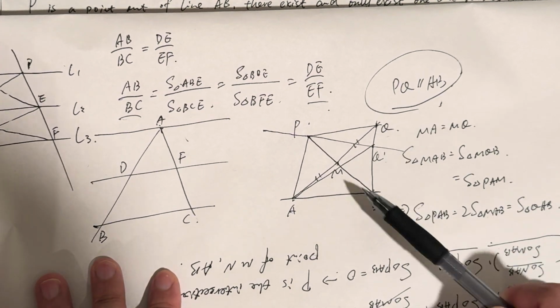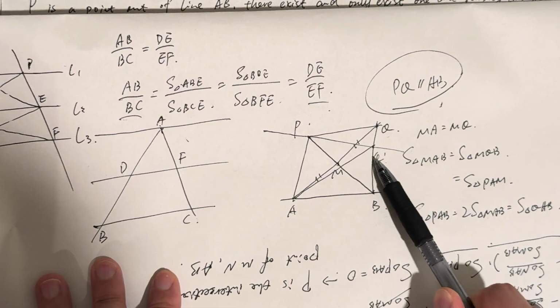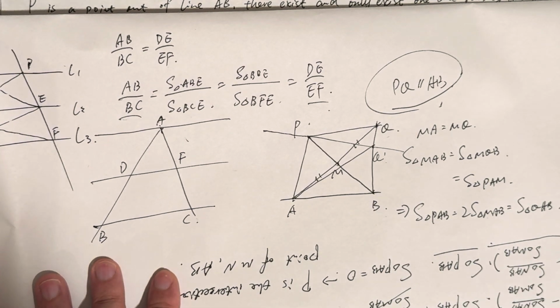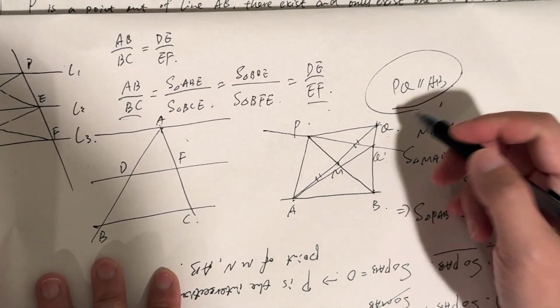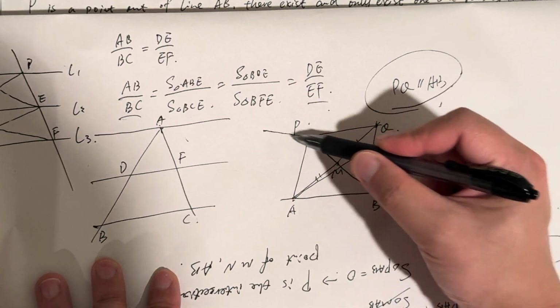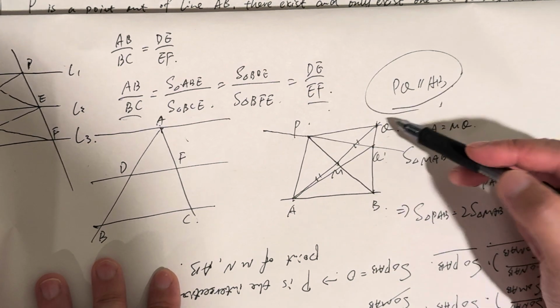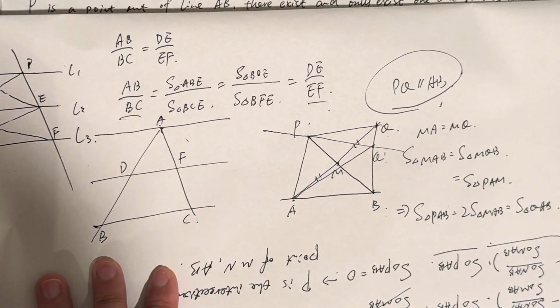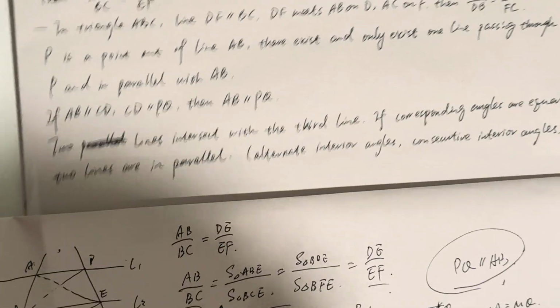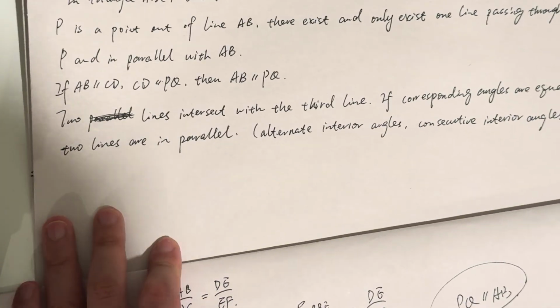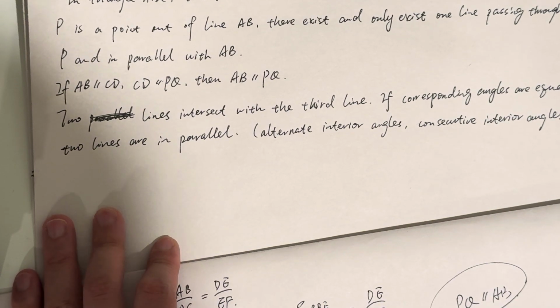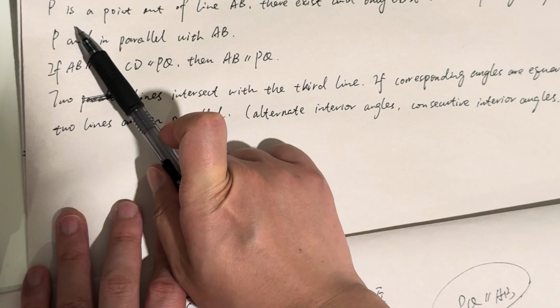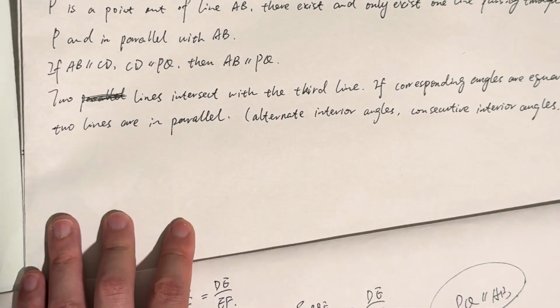The triangle area of QAB does not equal the triangle area of Q prime AB, which means this assumption that we have another parallel line passing through P other than PQ is invalid, which means the parallel line passing through P is PQ, right? It's the only one. Okay,